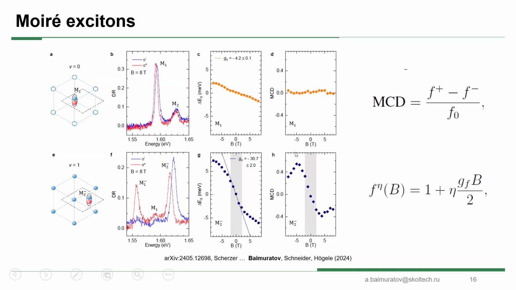But the second part, as you said, we can look at MCD, or just the area under these peaks. And you're correct that now this sigma minus polarization is larger than sigma plus. And we phenomenologically just introduce oscillator strength. This is relative oscillator strength, and I introduced an effective G factor for this. Let's say we measure this slope for small magnetic fields, and it changes.